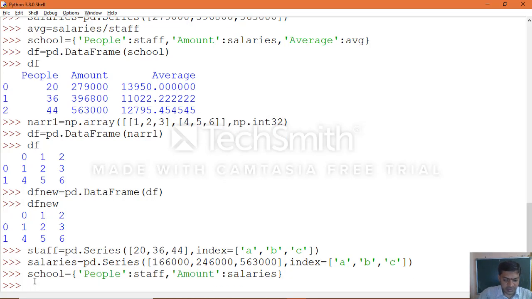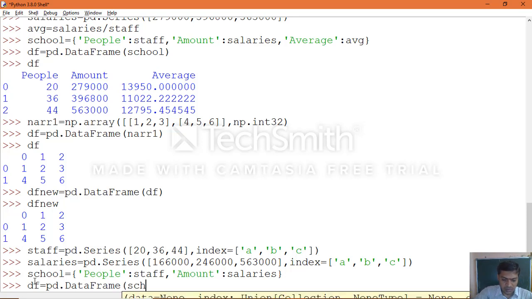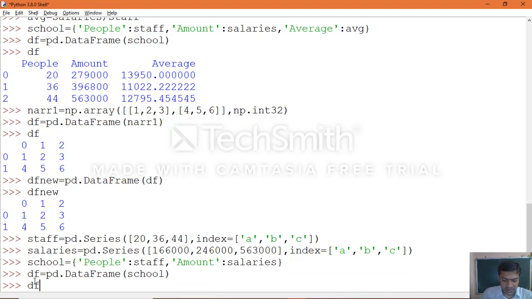Once you create the dictionary, then create the data frame pd dot DataFrame of, pass the dictionary which we created, then print the df.